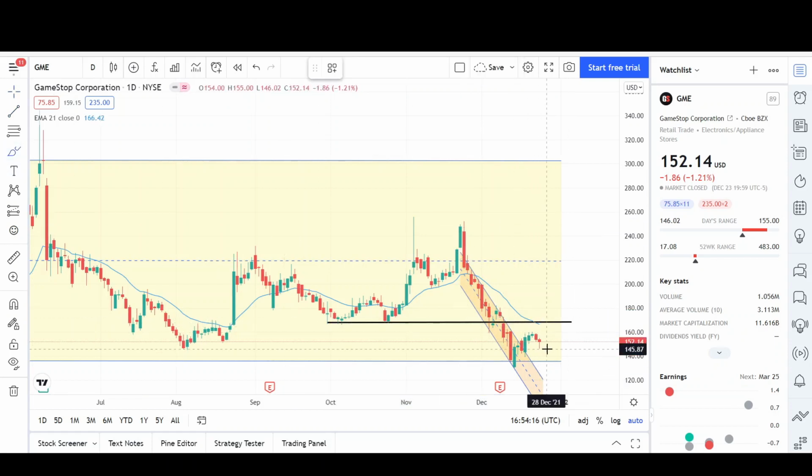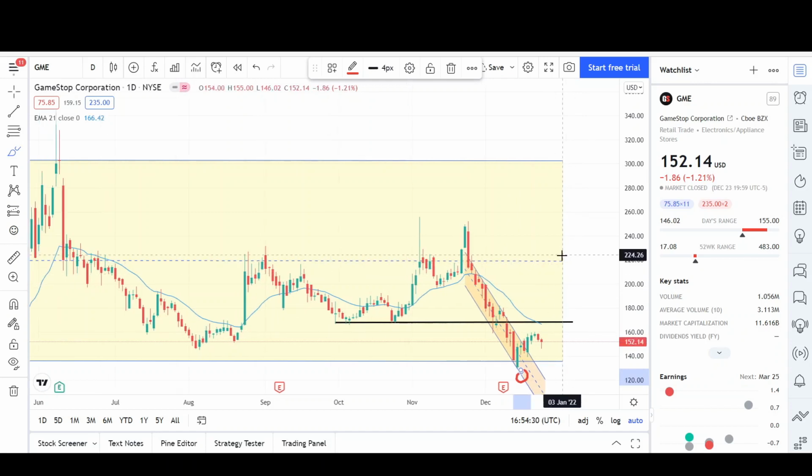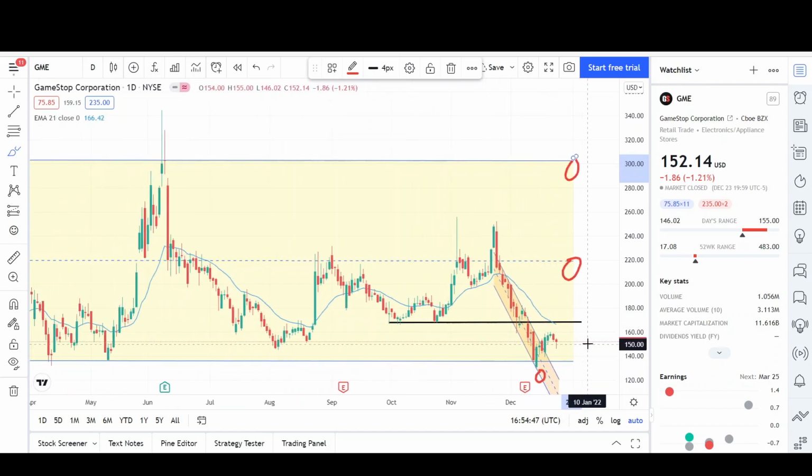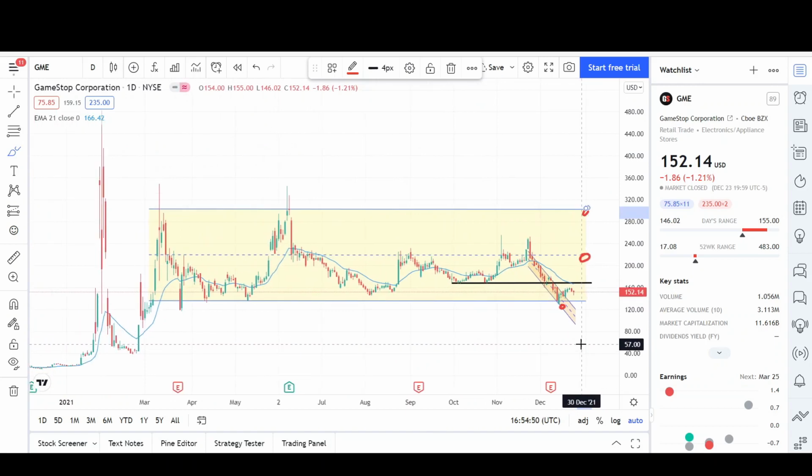Since we just had a breakout side of the channel, the first one, I still expect a retest of the lows, but normally we don't get it if the support is strong. So price action could just reverse from here and continue to trend higher. But as of right now, it's too early to say that GameStop will go all the way back up to the 220 level or even back up to the $300 level, just because this is a small correction right now, and we could find resistance on the way up, and we had just had a first break of the channel. So the bullish thesis is still on, and I'm still sticking with my around the $50 price target